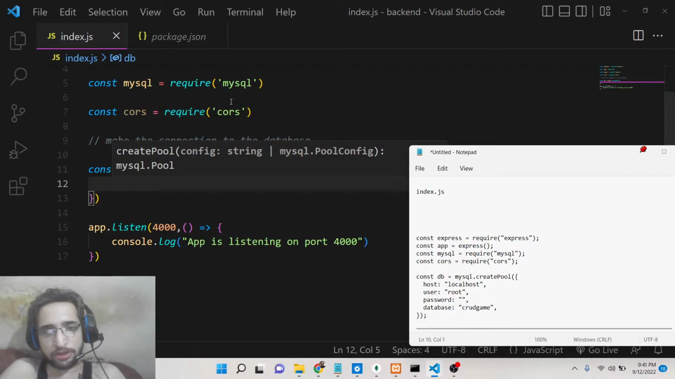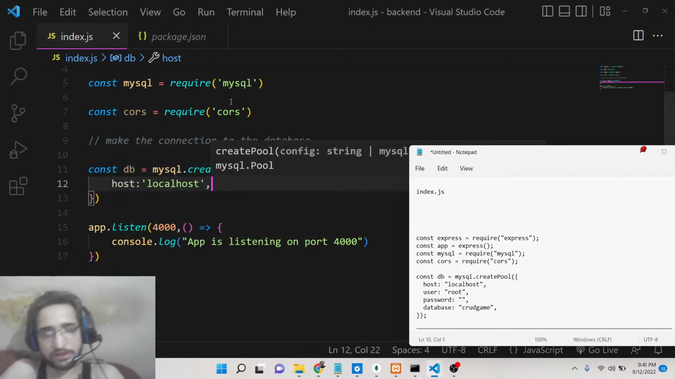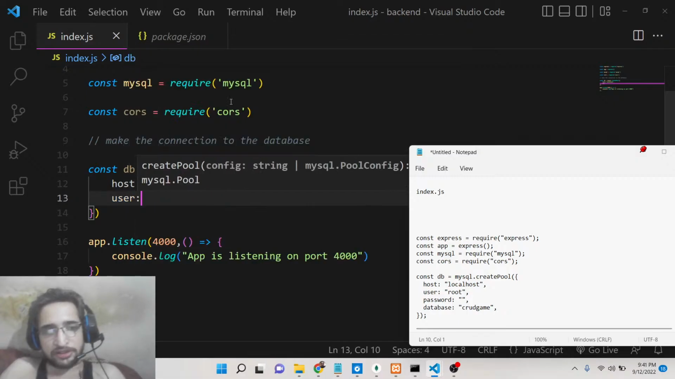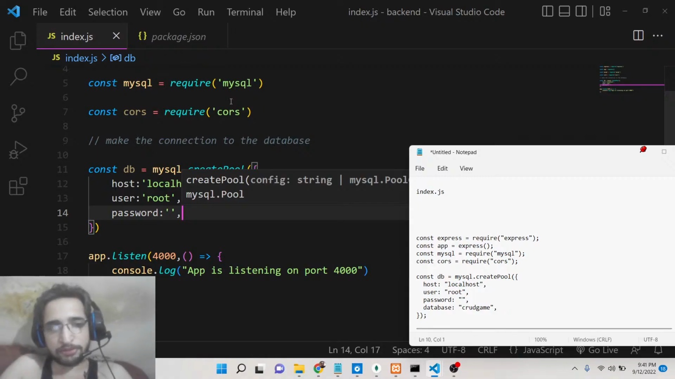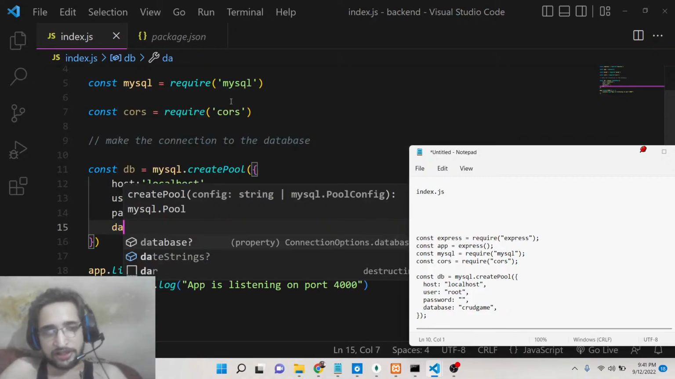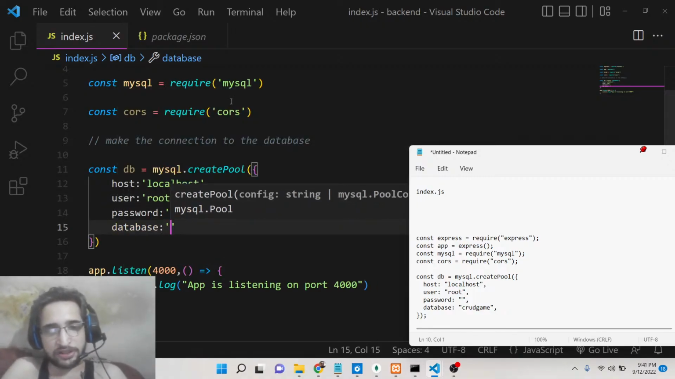So here you will pass your object. First property is host, so basically it will be localhost, and user name will be root by default, and the password will be, guys, empty. This is a default password for MySQL database. And then the database name, so database I will put here, let's suppose